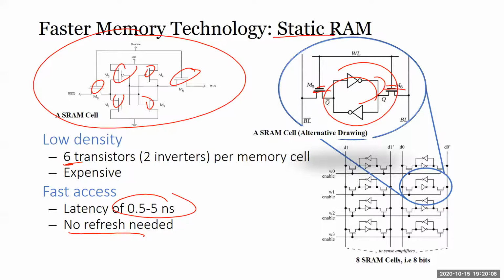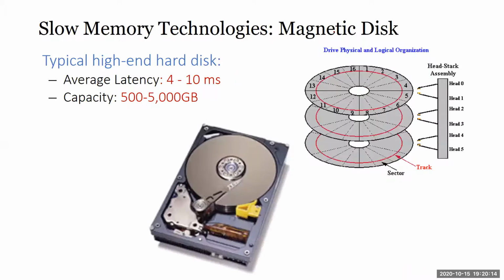So that's why we have these registers, which are very fast. They use static RAM. We have your RAM memory, main memory, which is your SDRAM, slightly slower. Then we have even slower still, the hard disk. Hard disk, as you know, is used to store a huge amount of files, all the way up to terabytes. Nowadays, one hard disk can go up to 5 terabytes. It's also very cheap compared to SDRAM.